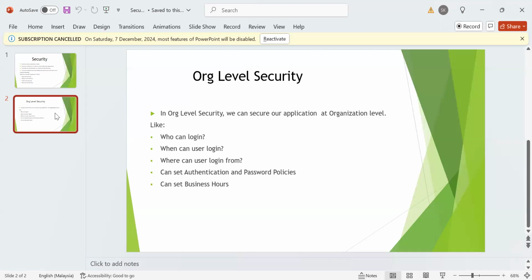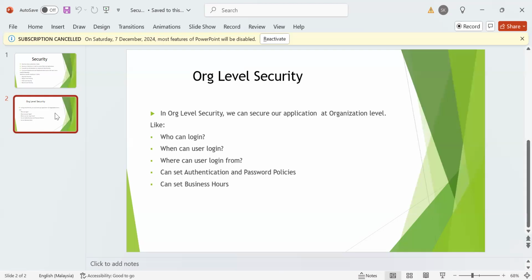Where can a user log in from? Here Salesforce provides some restrictions also. So the user cannot access the application from outside the range, right? So we can set the range for our application at the org level, right? To achieve this kind of security, Salesforce provides two ways: org-wide trusted IP ranges and profile-based IP ranges, right? So we can set the IP ranges at the org level and we can set IP ranges at the profile level, means which profile can access the application from which range to which range, right?